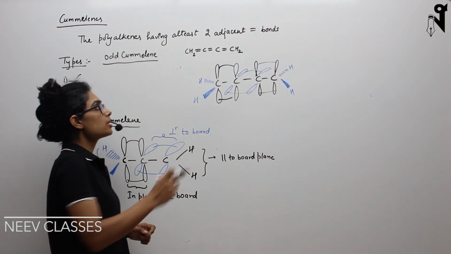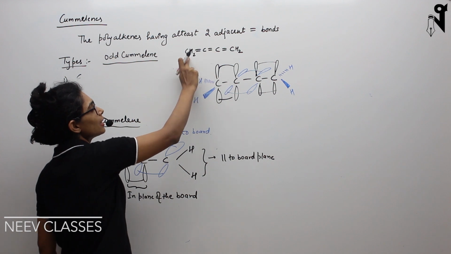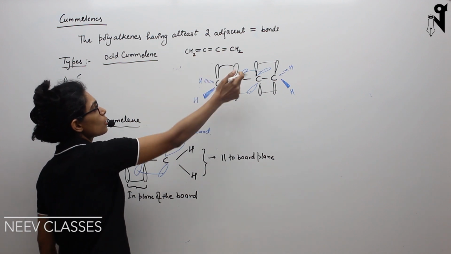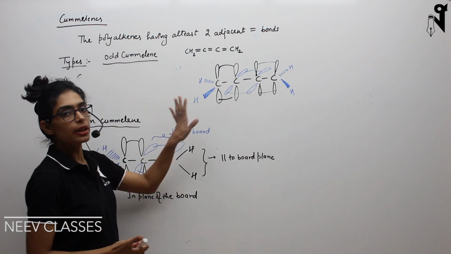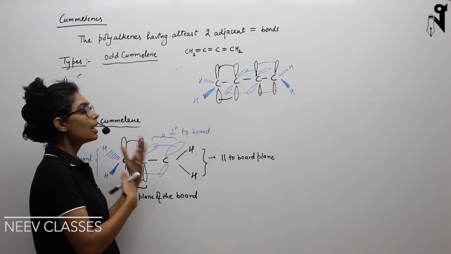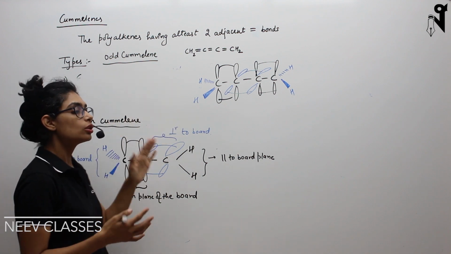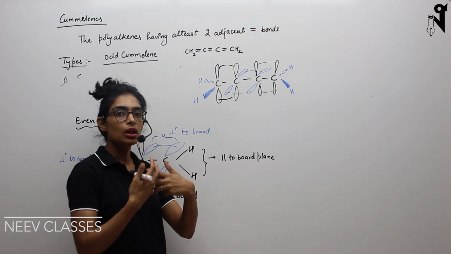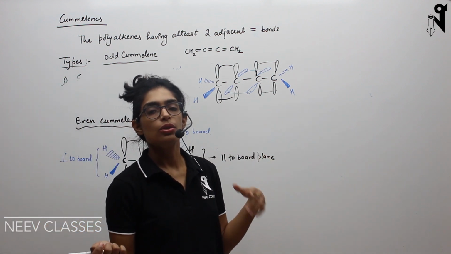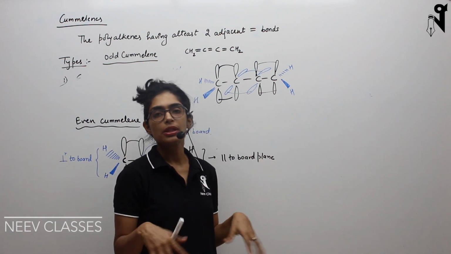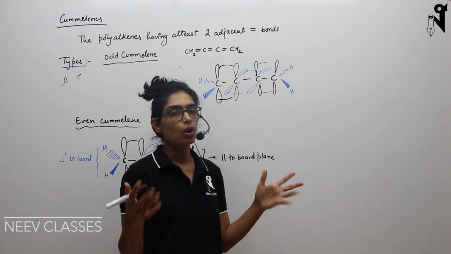Now what I have done is taken another odd cumulene, that is CH2=C=CH2... CH2=C=C=C=CH2. So how many pi bonds are there? 1, 2, 3. So this is an odd cumulene. Now let's see the orbital diagram of this also, so that we can understand and relate the GI-related stuff with these two structures, or similar structures with longer chains, basically cumulenes with an even or odd number of pi bonds.